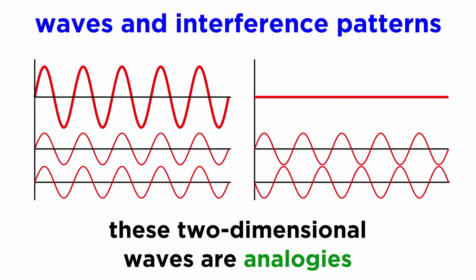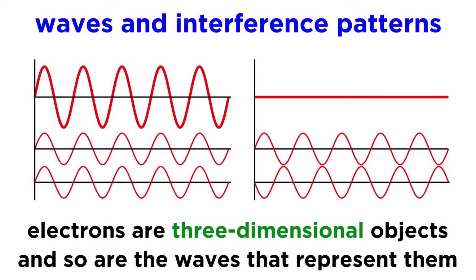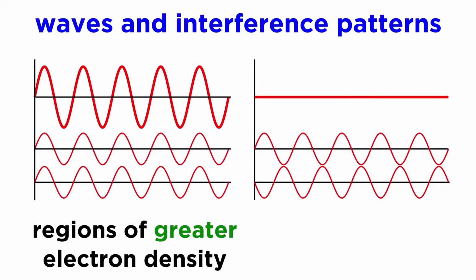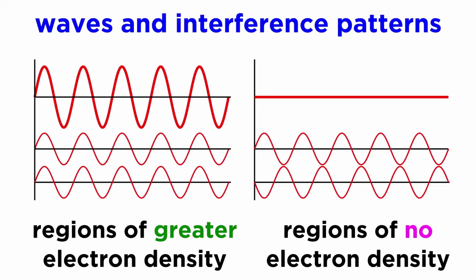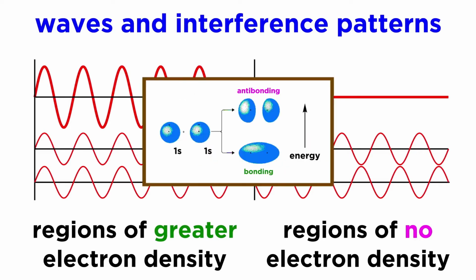For this to make more sense, we simply need to understand that these images of waves are just two-dimensional analogies to help us visualize the type of overlap. Electrons are three-dimensional objects, so the waves are in 3 dimensions, and constructive interference thus results in regions of greater electron density, while destructive interference results in regions of no electron density, which are depicted by these bonding and anti-bonding